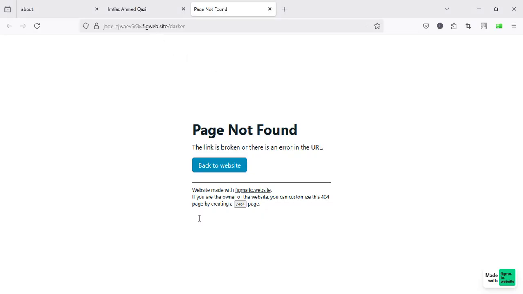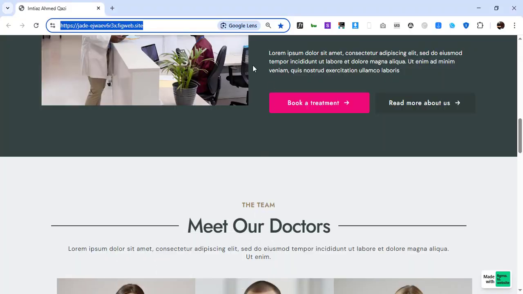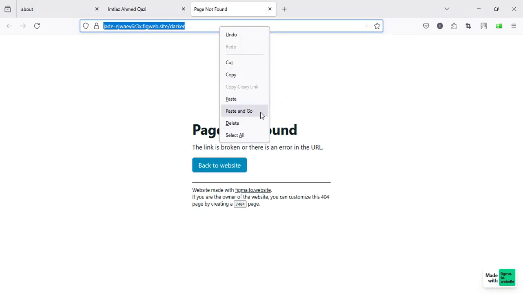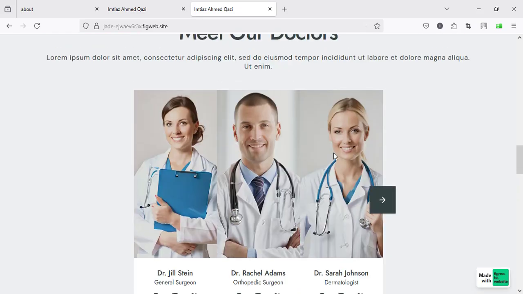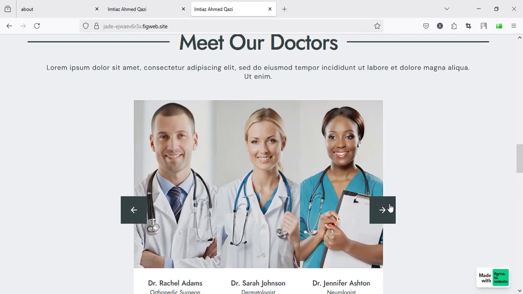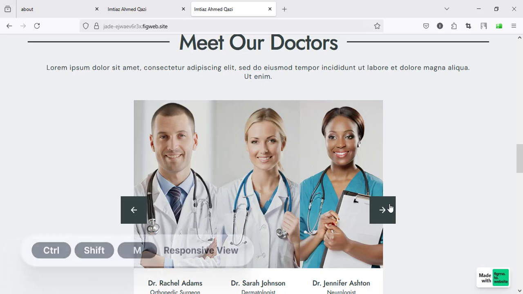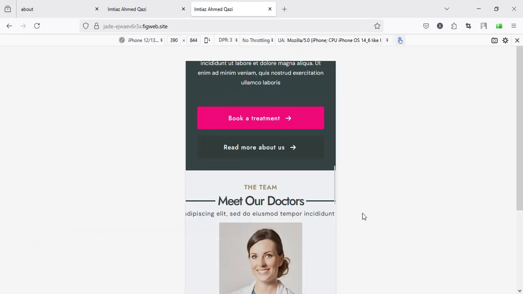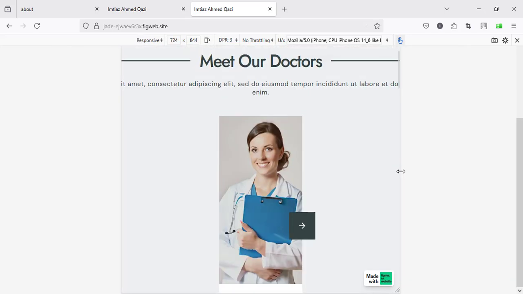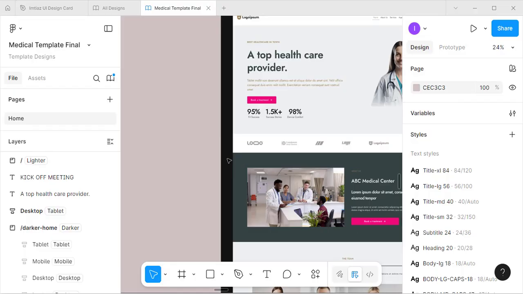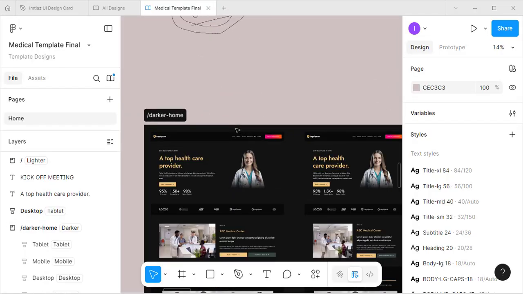I'm coming here, Control C to copy, and in Firefox I'm going to paste this one, right? In Firefox we have the option to check different breakpoints. So I'm coming here and pressing Control Shift M, right? You can see this is a totally responsive website. And similarly, if I go to another page, like we have here called darker home,